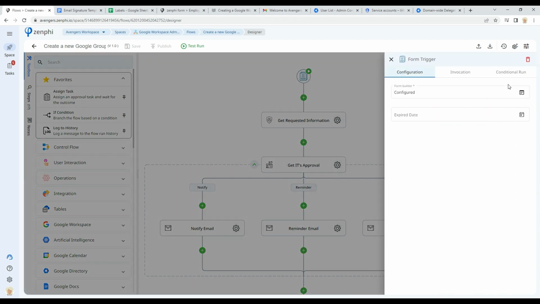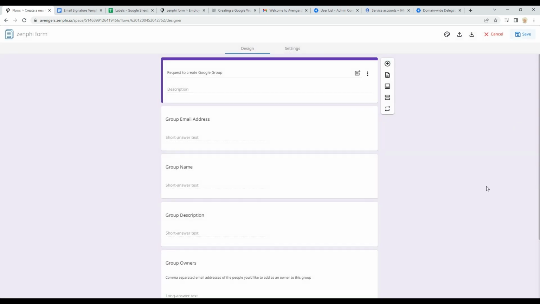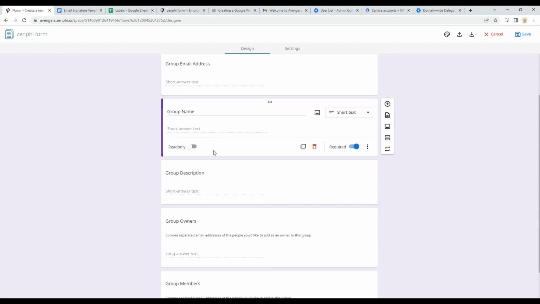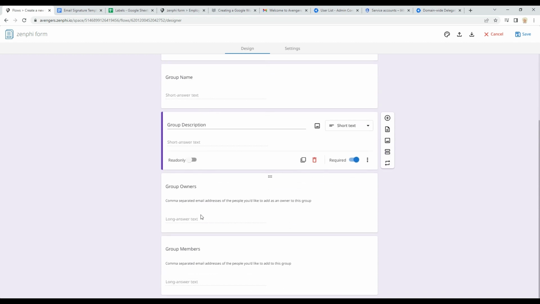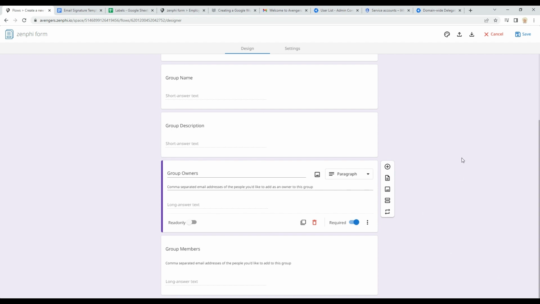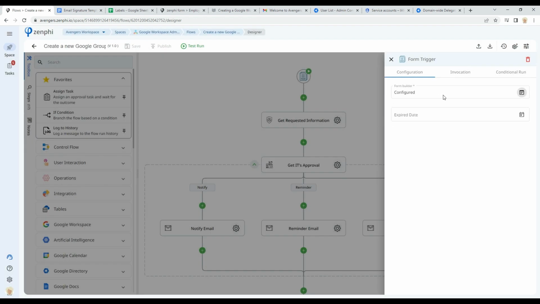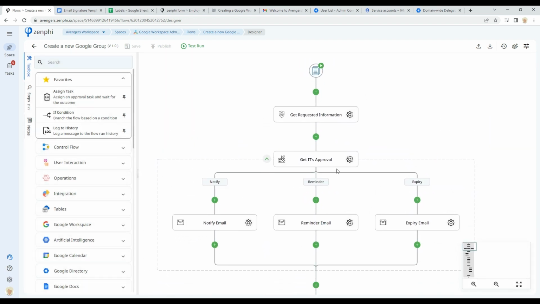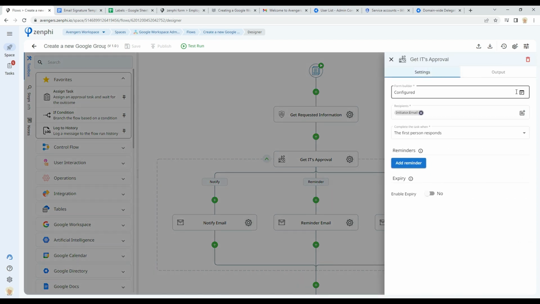So here, what we have done is we have created a Zenphi form, which basically says, "Hey, tell us the email address you need, what's the name of the group, the description, and who should be the owner. And who are the members in here?" So each department owner, for example, will fill this out, and that will come to IT. And what we do is we assign a task to IT so that IT can approve this group or